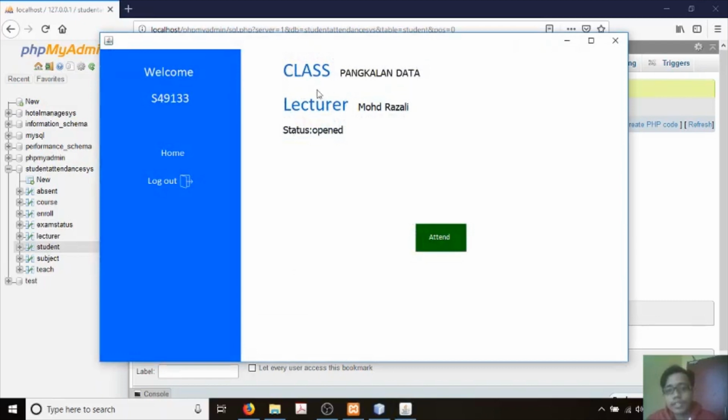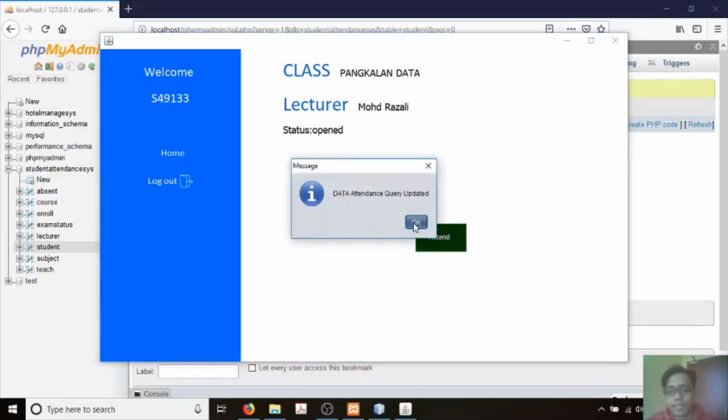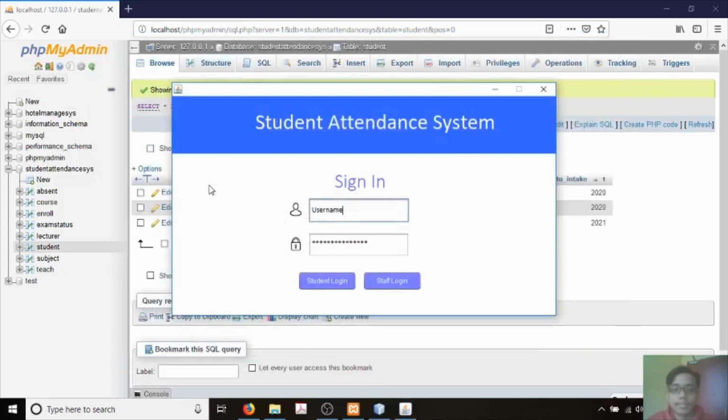Okay, it shows what subject and class are happening right now and which lecturer teaches that subject. The status label here shows that the class is currently available. If you want to attend, just click on the attend button, and it automatically updates the database.